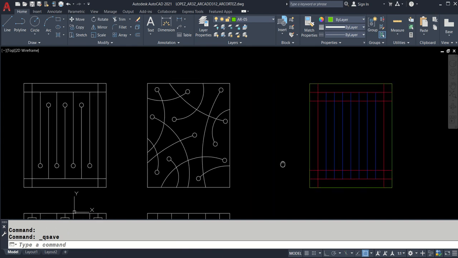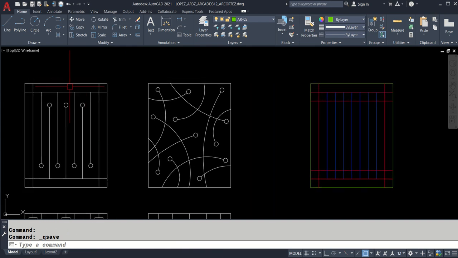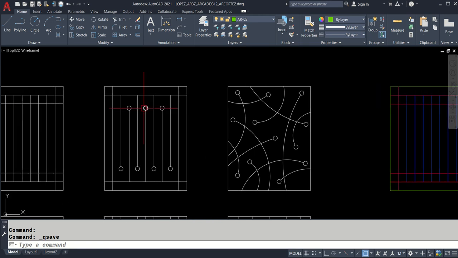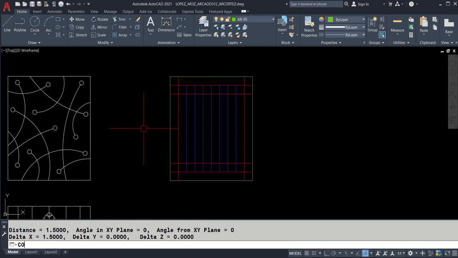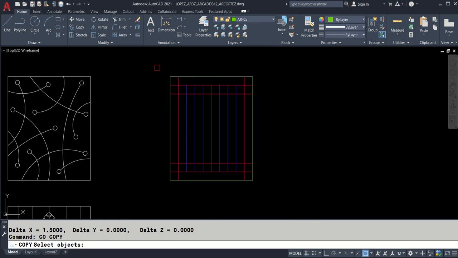So let's try the other one. Okay, eto po. We're going to copy this. And let's see. From here, papunta doon, ilan yung distance natin? 1.5. Okay? Now, I'm going to copy this. CO, enter. I'm going to pick from here. Kasi pwede siya one at a time. Kaya lang matagal. So, for easy selection, we will be